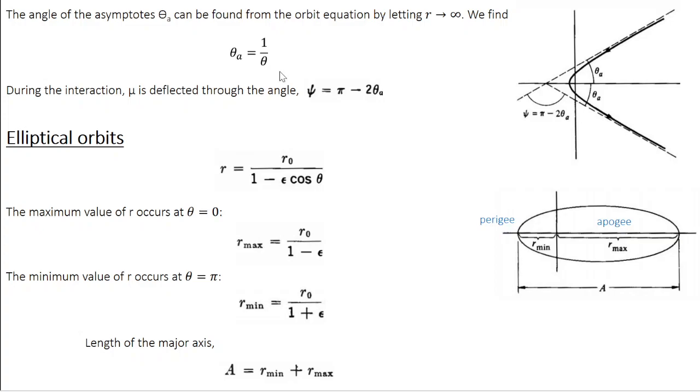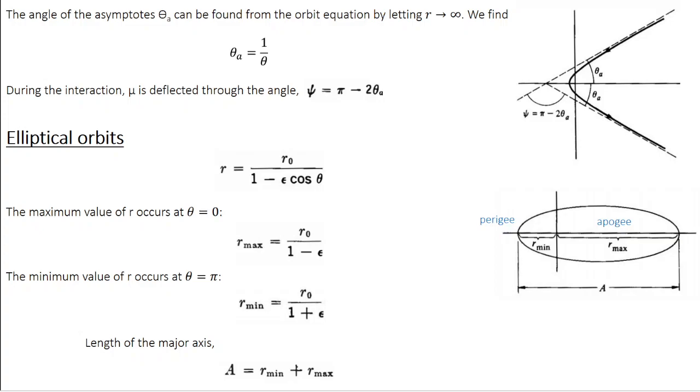And what is the scattering angle? So you can see, if the potential barrier was not there, this should have been the original path. Now because of the scattering from the barrier, the path deviates into this particular direction. So this angle is the scattering angle. I call it psi. So this angle is theta A, this is theta A. So this is 2 theta A. The entire thing is 180 degrees or pi radians. So the scattering angle psi is given by pi minus 2 theta. So that's about hyperbolic orbits.